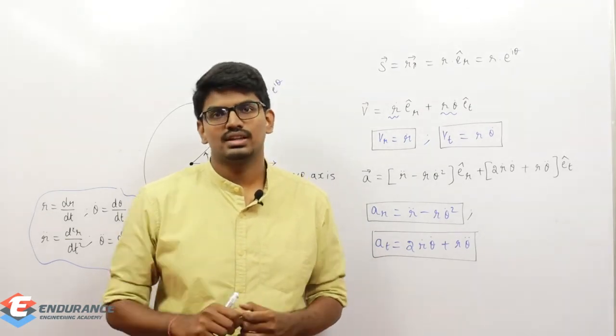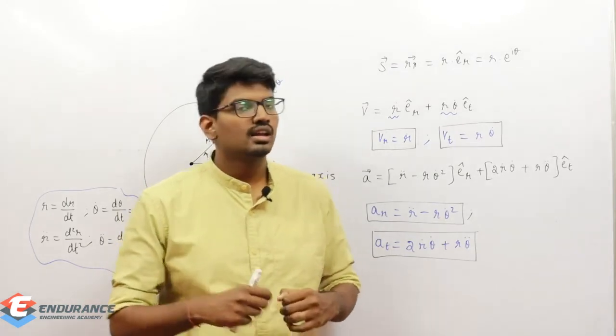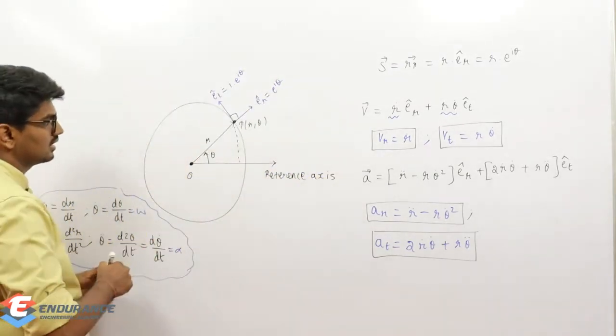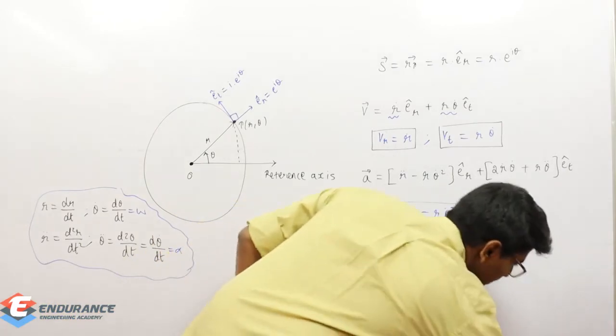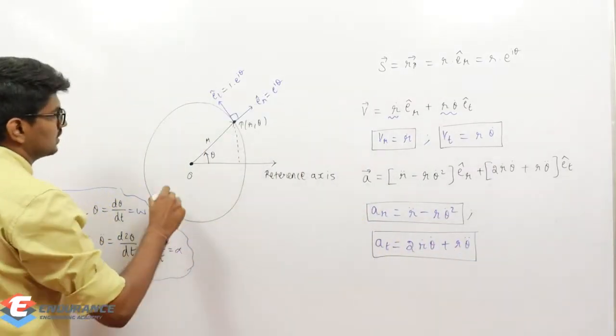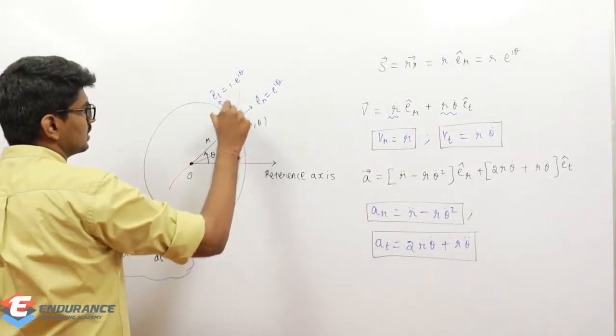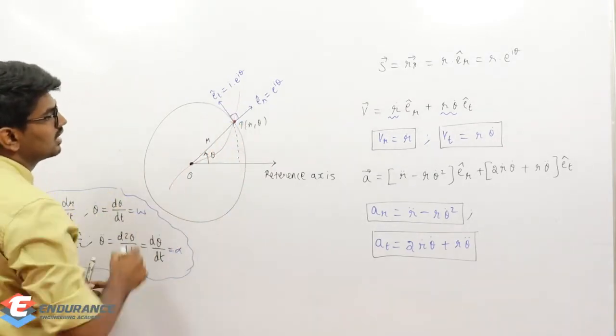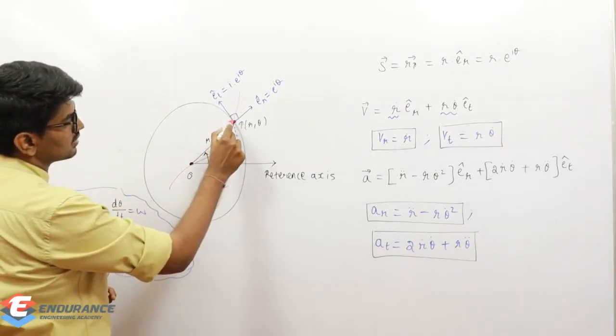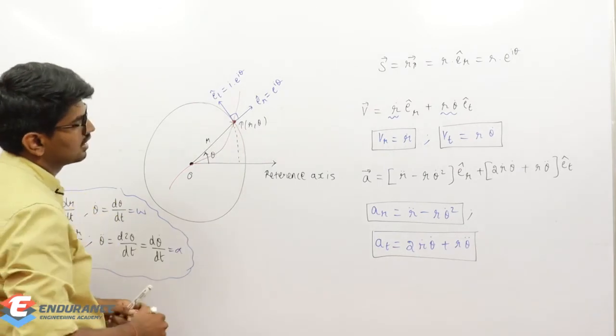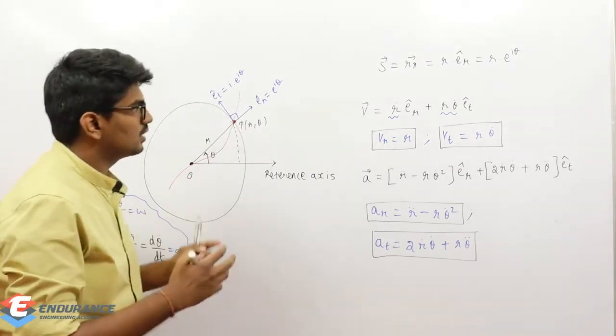Okay, if I take a particle, just consider some car or a bike or whatever, that car or bike is going to move in this path. So this is the path in which it is moving, and presently the particle was here. And how am I going to frame it in Euler's method?